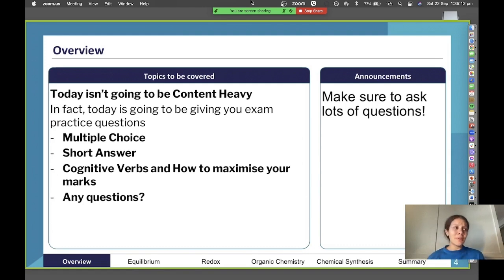A little bit of background about me. I'm in my last year of my science degree at UQ. Next year I'll have a year off, and the year afterwards I start medicine at UQ as well. That is my academic background. I did year 12 at Brisbane State High School. I'll be finishing my undergrad degree in about a month or so, which is very exciting. But yeah, ask lots of questions. I'll try and give my best advice as we go about how to study for certain topics. Once again, any questions you've got, just chuck them down below.